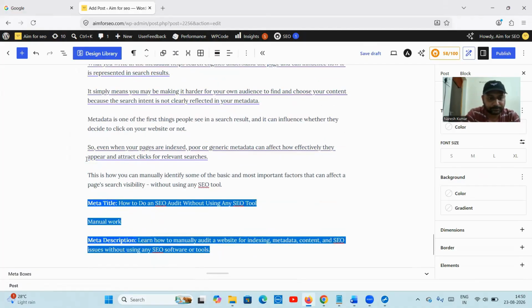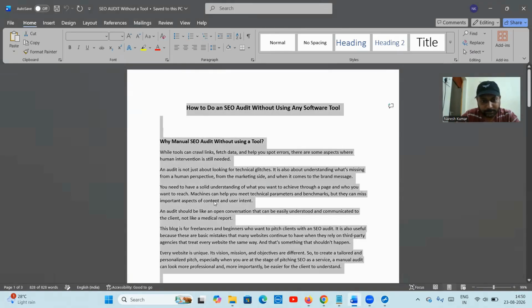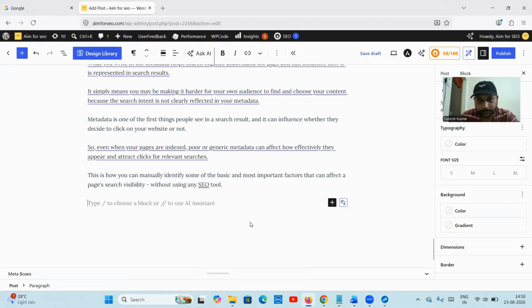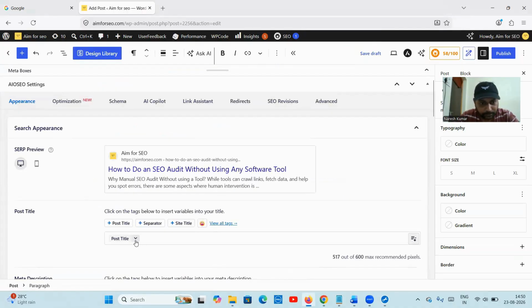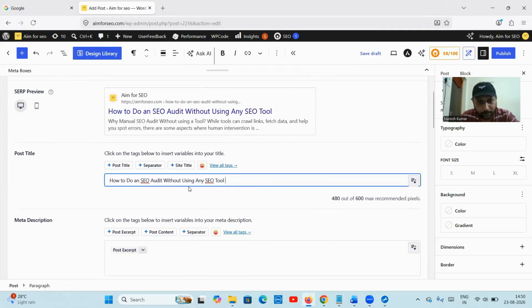The blog is finished. Now I want to add meta title and meta descriptions as well. Here you can see meta boxes. How to do an SEO audit without using any SEO tool. I think I'm still left with 120 characters. I'll try a